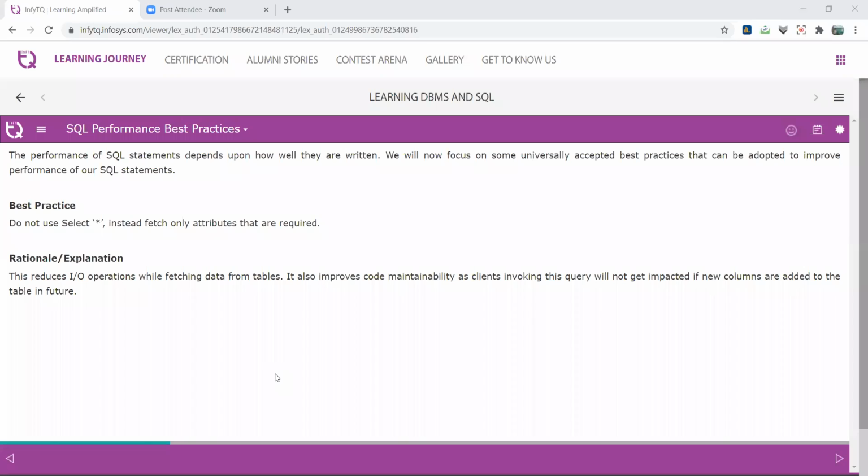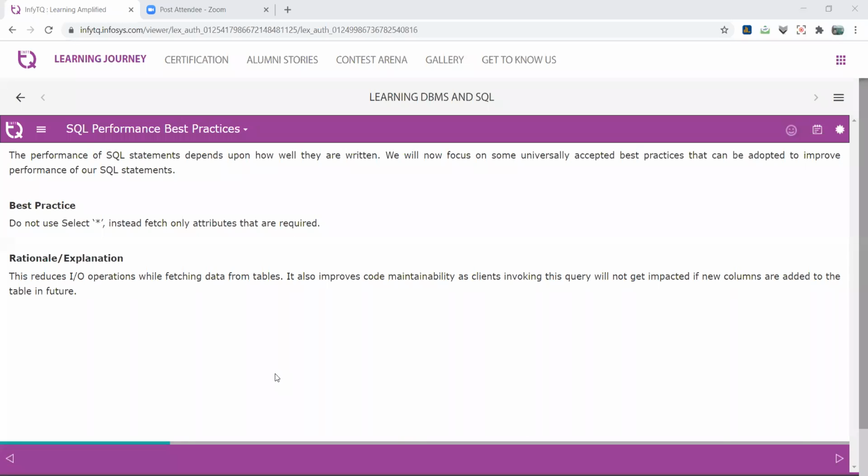If the database size is large, when you search a record and display additional information which is not required, it takes some time. So how do we reduce that time? There is no requirement for the 37 extra columns. We require only 3 columns. So instead of asterisk, we directly use the attribute names. The modified query is select ID, comma, name, comma, mobile number from EMP. That is a more suitable query in comparison to asterisk.